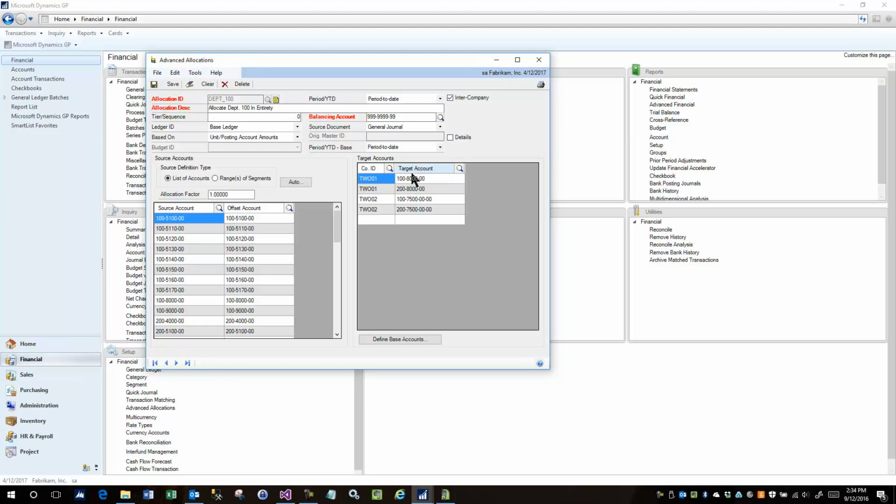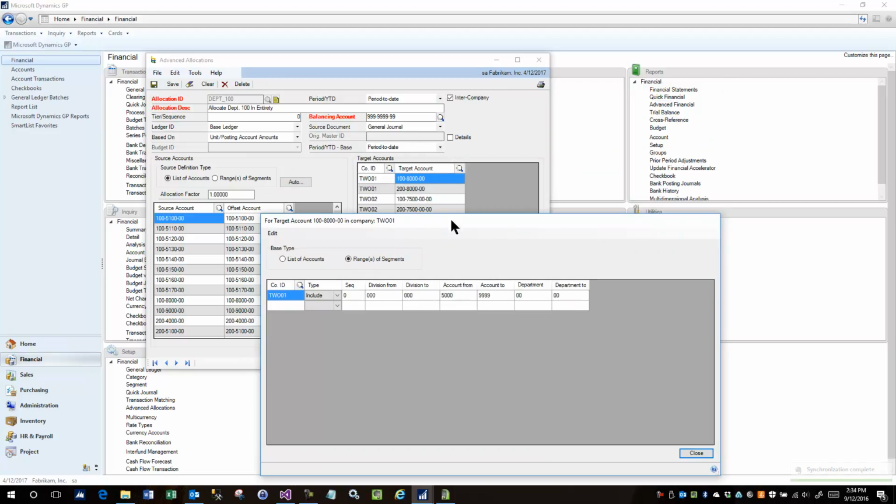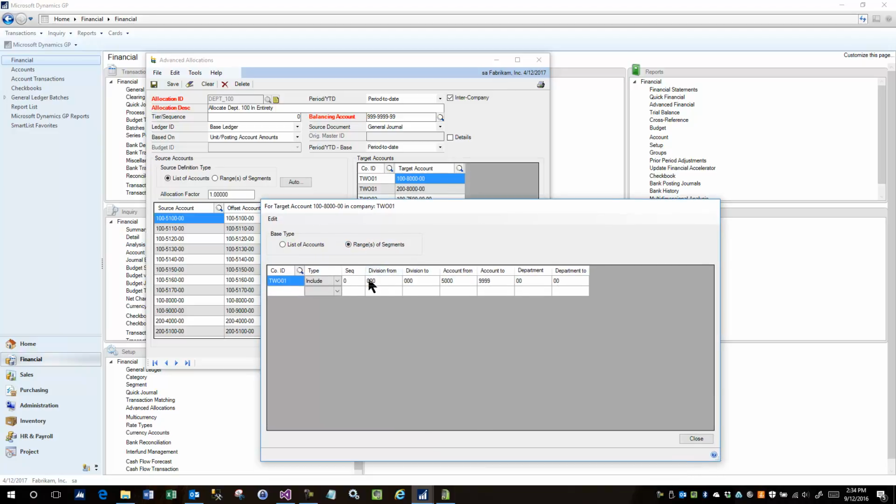So if we want to see those basis accounts, we can click on one of the target accounts and then click the Define Base Accounts button. Now this screen is showing all of the basis accounts for target account 108,000 in company 201. In this particular case, we're not defining the base accounts one by one in a list. We're actually defining the base accounts by ranges of segments. So we're saying that when we allocate to this particular account, 8,000, we want to look at company 201, and we want to look at basically all of their revenue and expense accounts, every account from 5,000 to 999 for